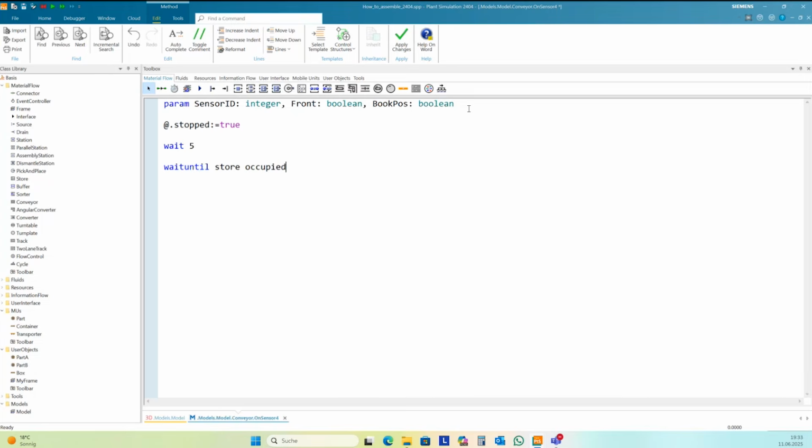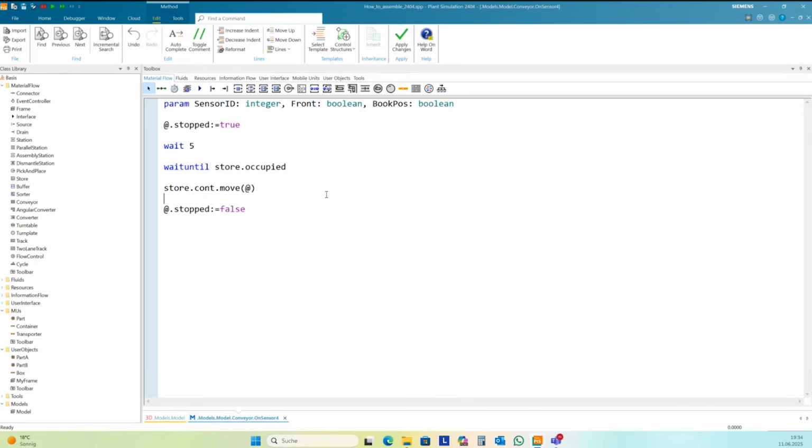There's something in the store. And then store point cont, point move to add. And then add stop false.